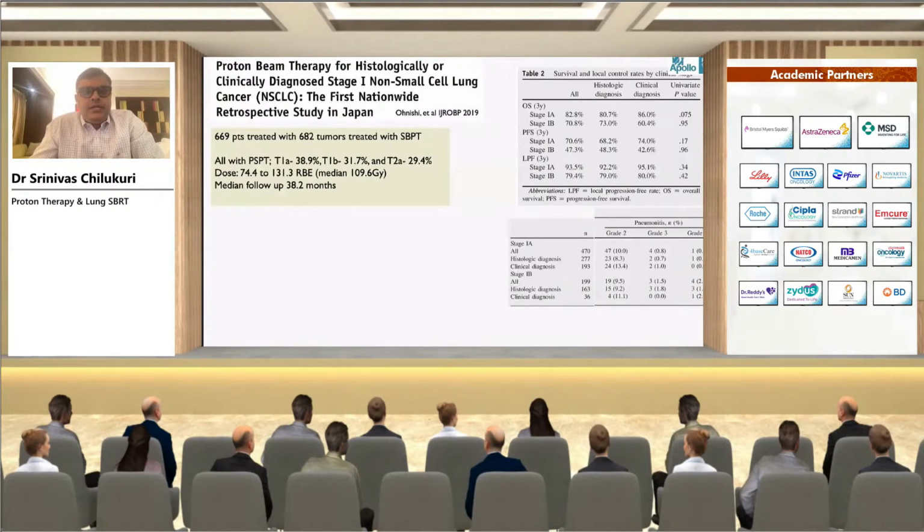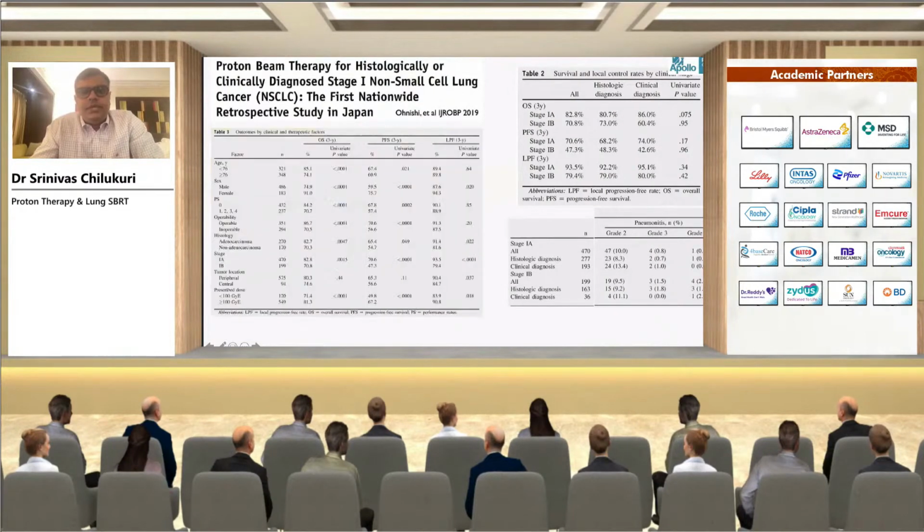There is a large retrospective nationwide study which included 669 patients with 682 lesions, all treated with stereotactic body proton therapy. T1, T1B, T2A, the doses were very comparable to what we usually use for photons. Median follow-up was 38.2 months, and they showed results very comparable to what we usually see with photon SBRT, with